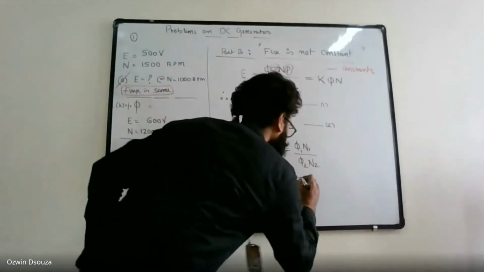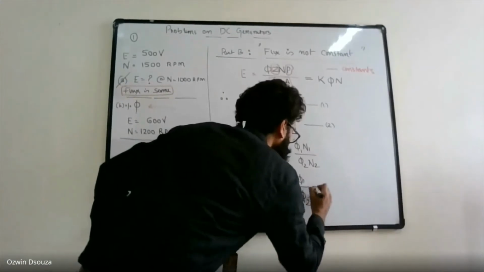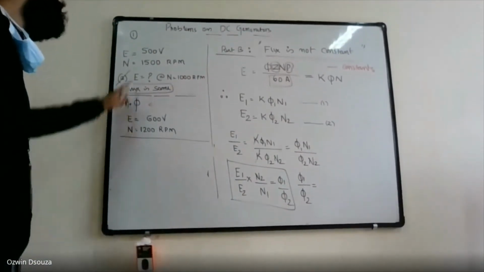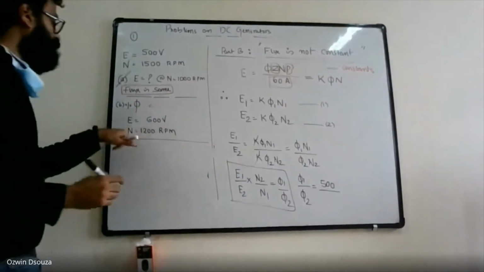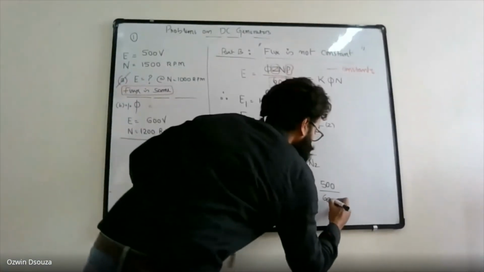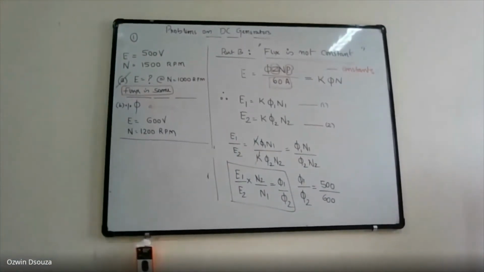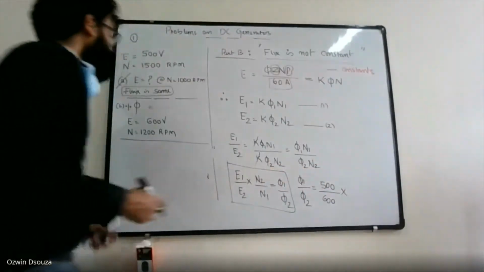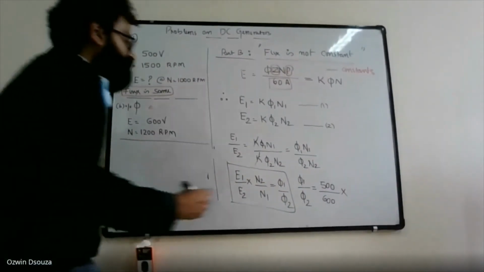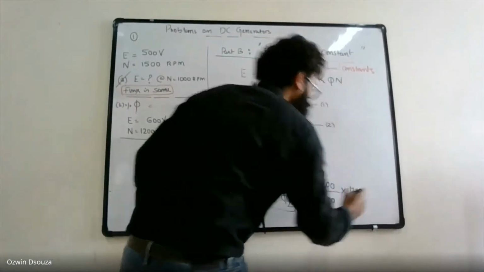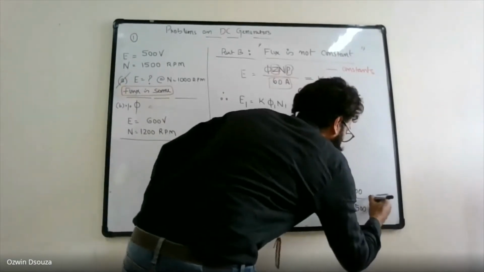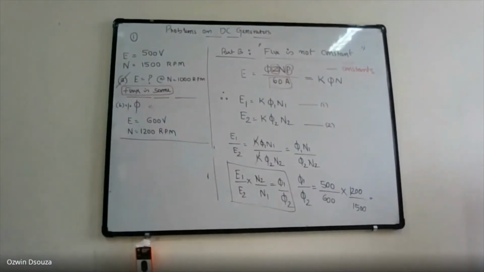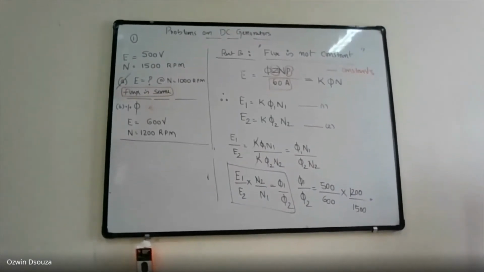Now with respect to this equation, I can proceed further, right? So what do I get? I get phi 1 by phi 2 is equal to E1 by E2. What is E1? The original EMF, phi 1, divided by E2, the new EMF. In case 2, the new EMF is 600 into N2. What is N2? 1200 RPM, divided by N1, 1500 RPM. So you can calculate that particular ratio. So phi 1 by phi 2, you will get it as